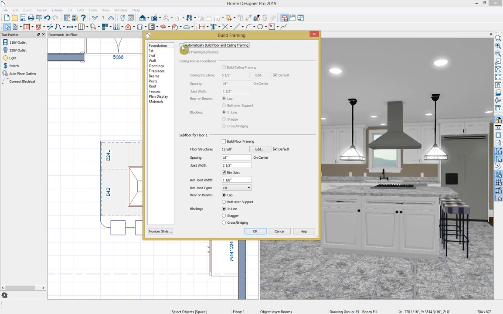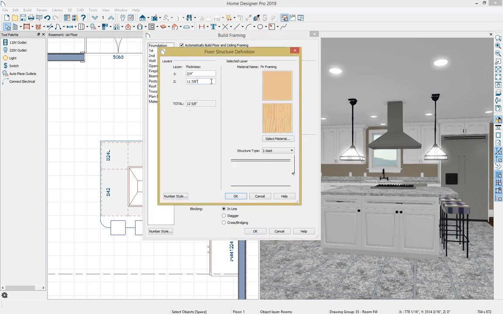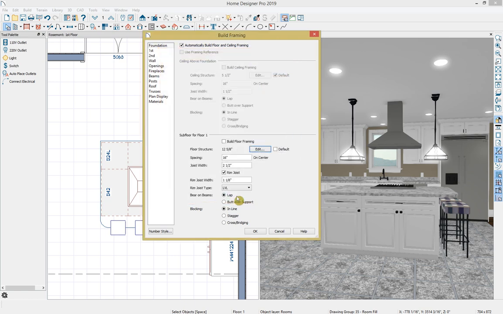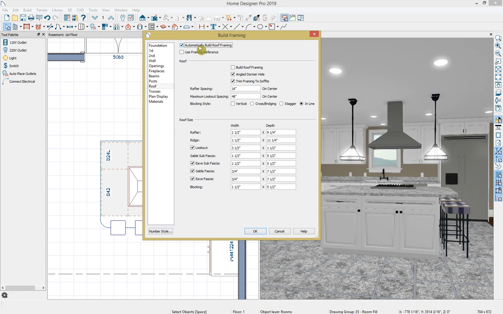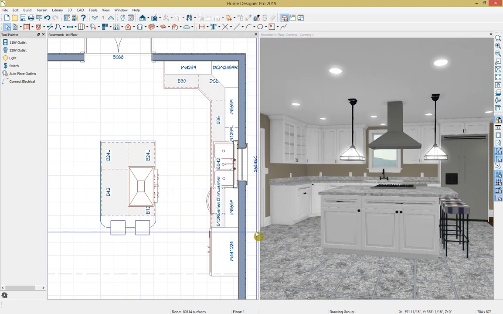Now I'd like to turn on automatically build floor and ceiling framing, and here I can control the subfloor from my floor 1, so the floor structure. If I hit edit, I can specify my framing materials and the structure type that I'm using. Press OK. I can also come to my wall framing and select automatically build wall framing. I can control my plates and my blocking. I also have further customization for my roof. I'll turn on my roof framing here, if I'm using trusses, posts and beams, and so forth. I'll go ahead and select OK, build my framing,